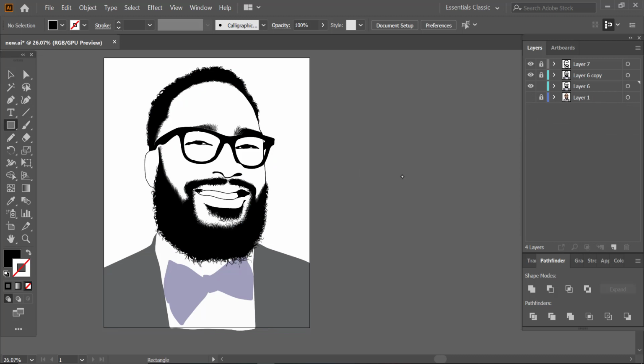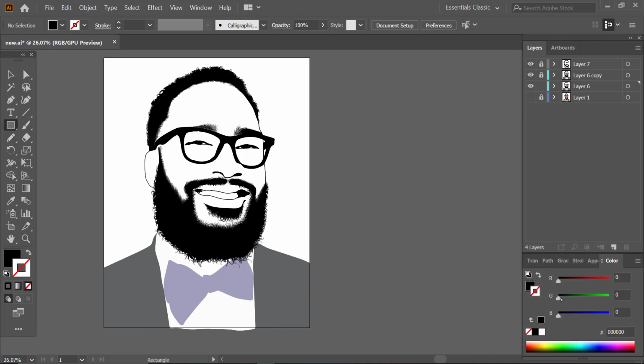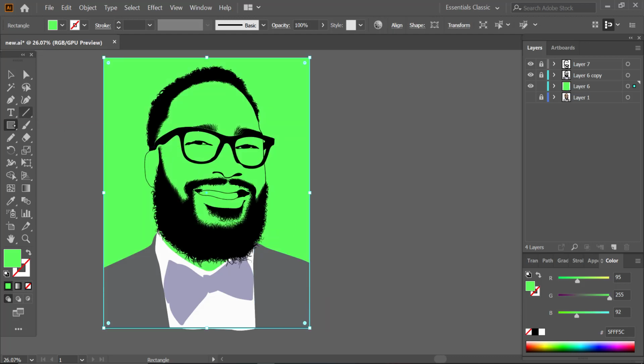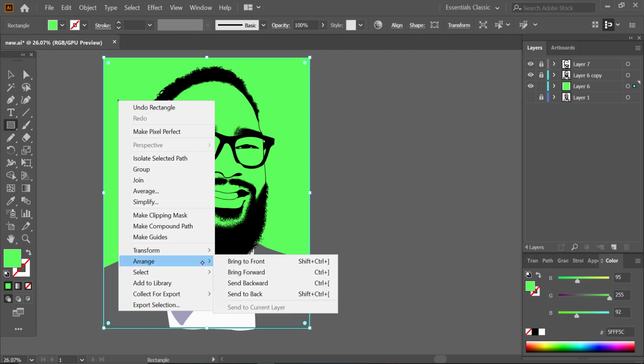Now once you are done merging the whole outline together, go to color. I like picking green a lot because green is very distinct and very clear enough. I'm going to change this to the big scale here. After picking the rectangle, I'm going to just draw over your outline. Right click on it, go to arrange, send to back,